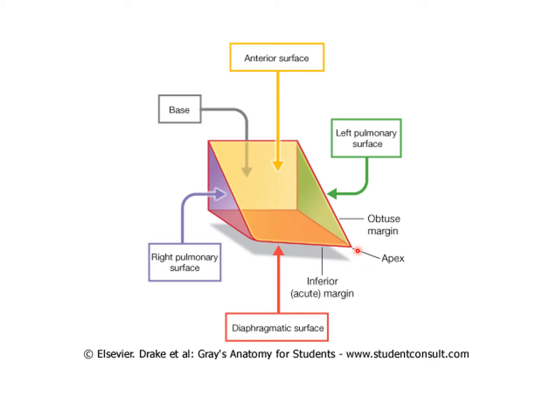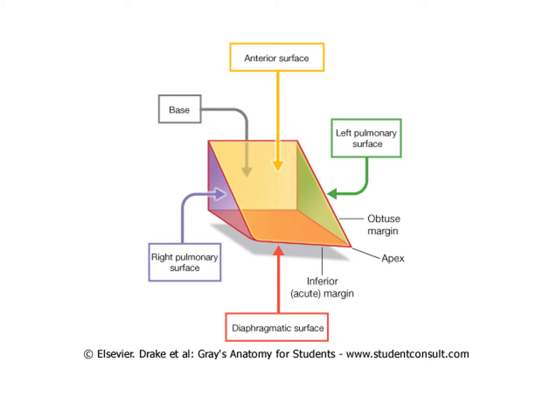This one is the apex. Now the base, or the posterior surface. It is the most fixed part of the heart and somewhat quadrilateral in outline. It is directed backward and to the right, and it is formed only by the two atria: two-thirds by the left atrium and one-third by the right atrium. So this is the formation of the base.